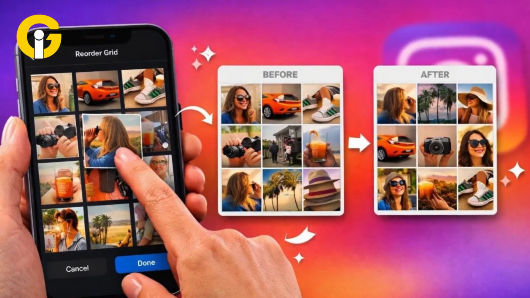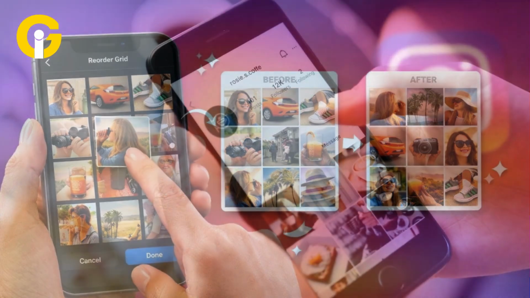Instagram has made it easier to pull off that grid design and aesthetic you want to achieve no matter how